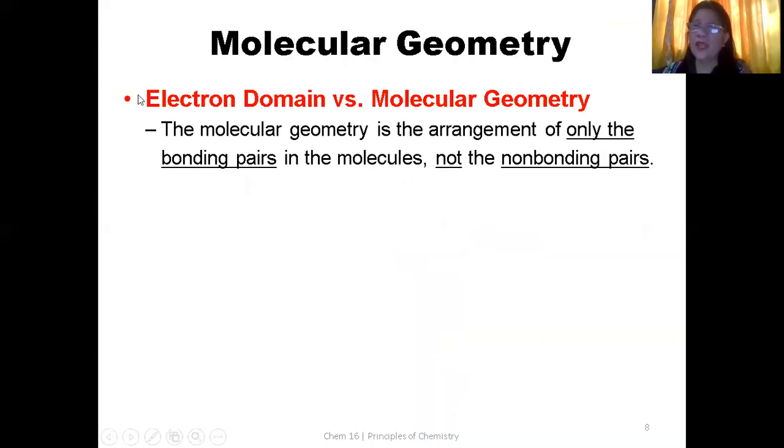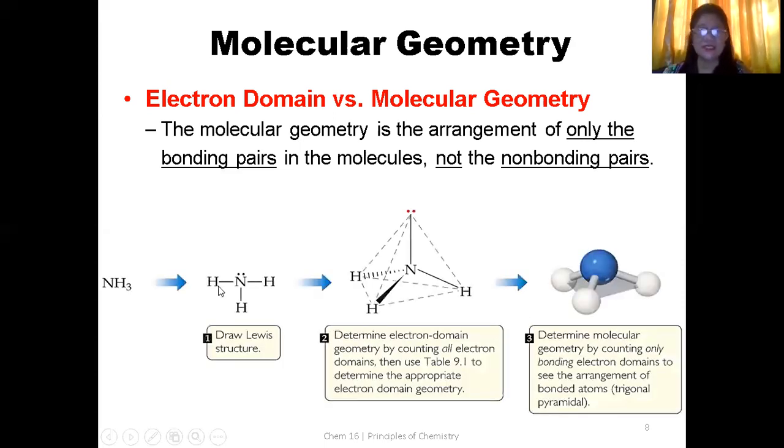So, electron domain geometry versus molecular geometry. The molecular geometry is the arrangement of only the bonding pairs, not the non-bonding pairs. A lone pair on top is not a bonding pair. A bonding pair is the attachment of one atom to another atom. So for instance here, this is